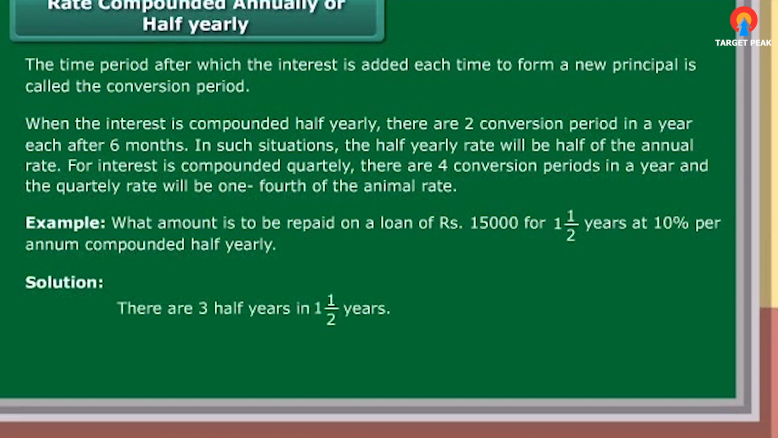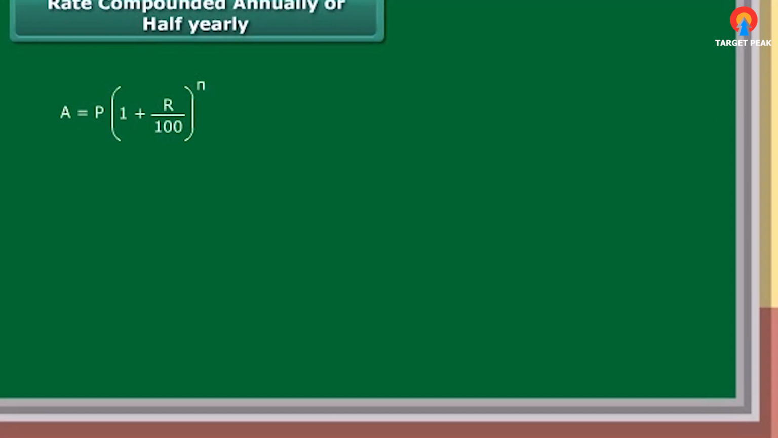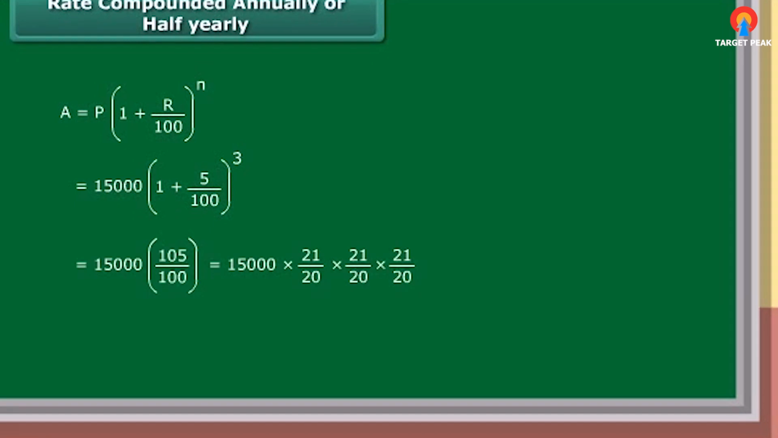Solution: there are 3 half-years in 1.5 years. Compounding has to be done 3 times. Rate of interest = half of 10% = 5% half-yearly. A = P(1 + R/100)^n = 15,000 × (1 + 5/100)^3 = 15,000 × (105/100)^3